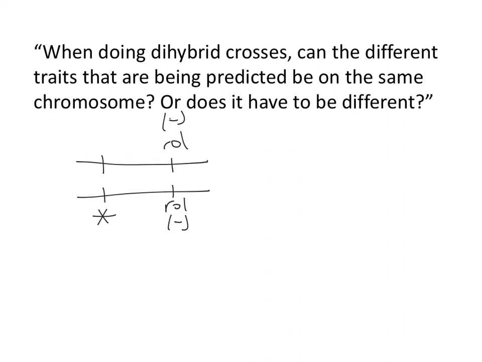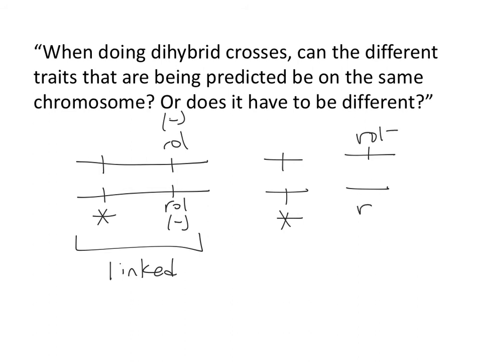So this is basically the question. Those genes are now linked. Or we have the situation that we're considering right now where they're unlinked. They're on two separate chromosomes. Does it matter if they're on the same chromosome or not? Can't you have like dependent and then independent ones kind of? The answer, does it have to be different? That's the really important question for us just to come to a consensus on right now. For us to combine traits, do they have to be on different chromosomes?